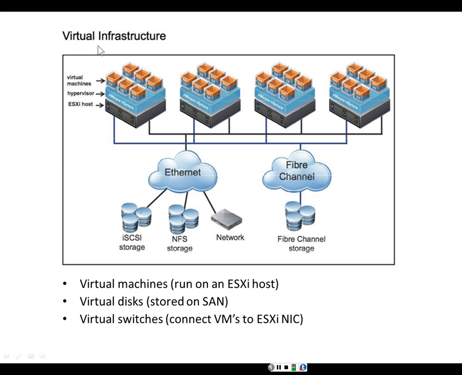But with the virtual network infrastructure, what they call the software-defined data center, we have virtual machines which run on an ESXi host. The virtual disks are stored on the storage area network, and the virtual switches connect the virtual machines to the network interface card in the ESXi host. And this concludes Part 1 of Module